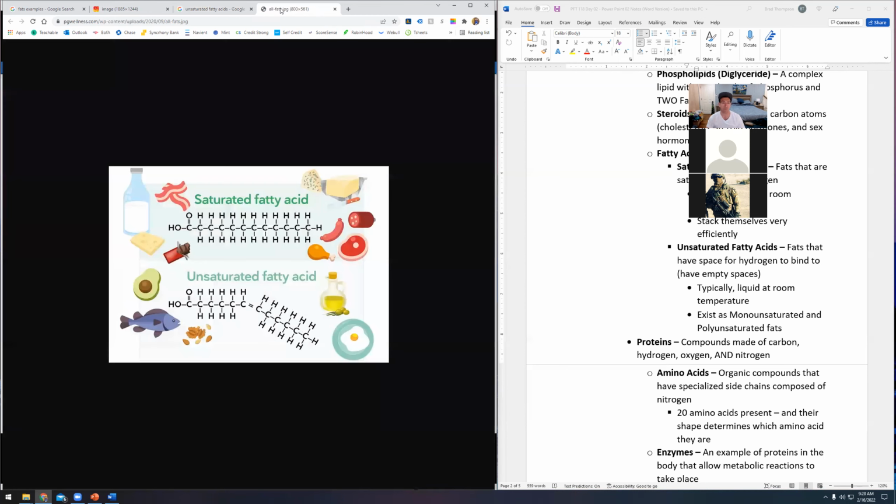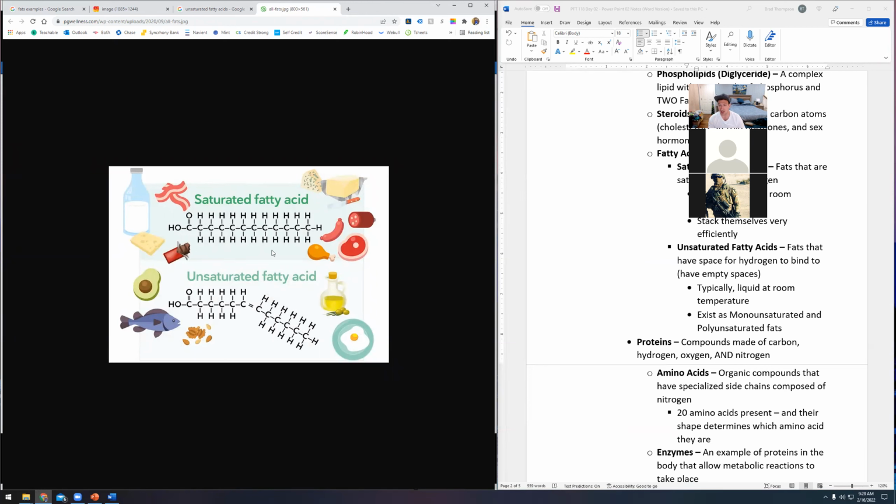So you can see the saturated fats are things like milk, cheese, meats, dairy products, and mostly animal products, honestly, is a good way to break it down. And then unsaturated fats are usually oils, eggs, fish, which is still an animal product, but packed full of really healthy fats, avocados, nuts, seeds, things like that.